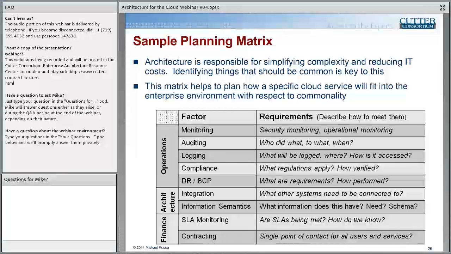And we want to also have some common contracting and engagement, right? If we have 10 lines of business all buying the same software as a service from the same provider, we'd like to actually buy it once and use it 10 times instead of buy it 10 times, right? So this is just an example of some of the architectural questions that we want to ask, and then the requirements that your enterprise, my enterprise are going to have are going to depend on the answers to the questions.